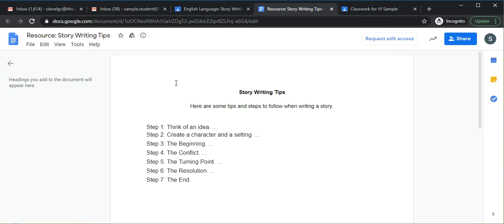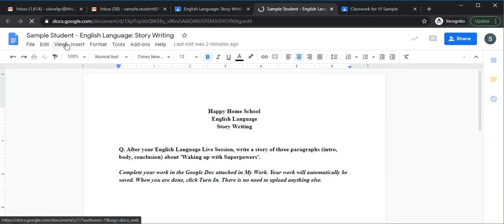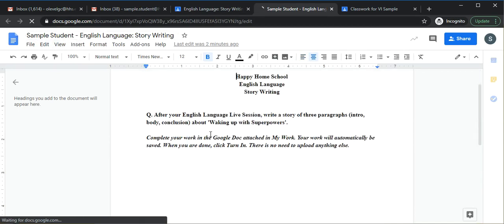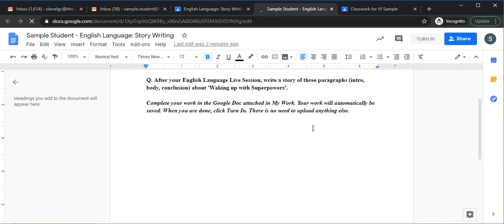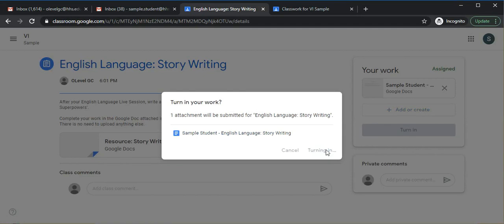They can read this, and as you can see, there's no option for editing this. And then after they've done everything live session resource, they can go and do their work. The name of the student is sample student, that's why this is coming, but whatever the name of the child is will come here. And here they can start writing their answer. And as you can see, everything is automatically saved. When the child is done, they can click turn in here, or they can close it and click turn in here, turn in,